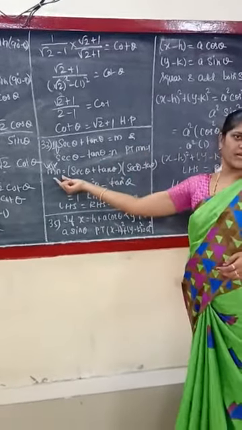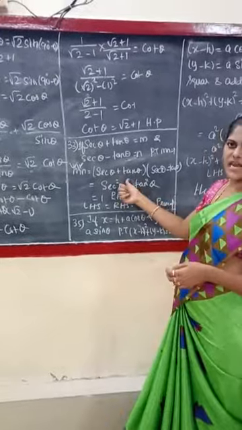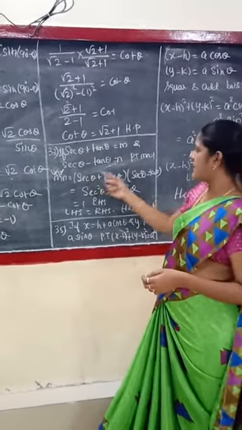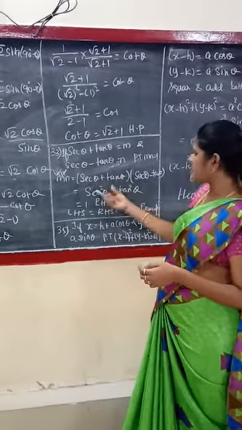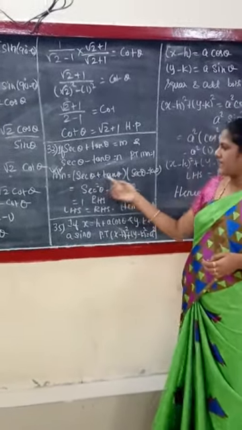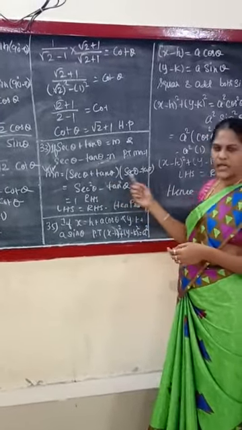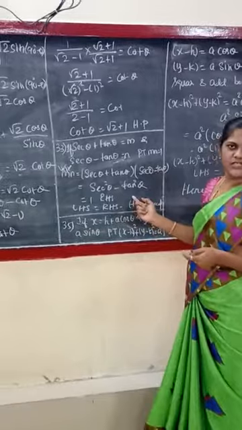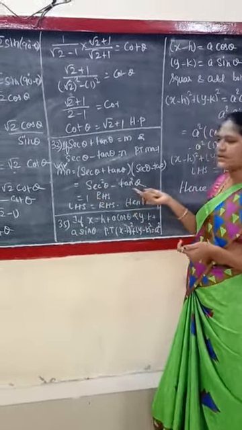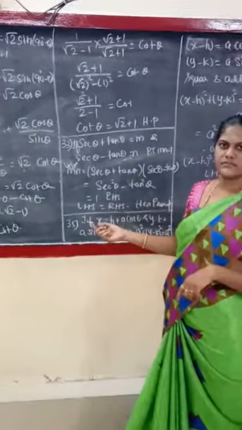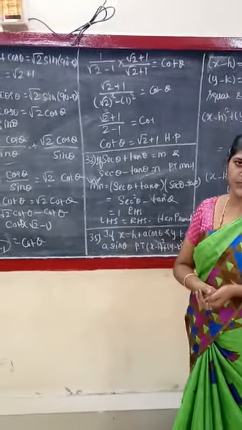First I am going to multiply m and n. So mn equals what is m? Secant theta plus tan theta, into what is n? Secant theta minus tan theta. Is it clear, children? So multiply this. What condition is this? (a plus b) into (a minus b). So a square minus b square. So secant square theta minus tan square theta is equal to 1. So left hand side is equal to right hand side, hence proved.